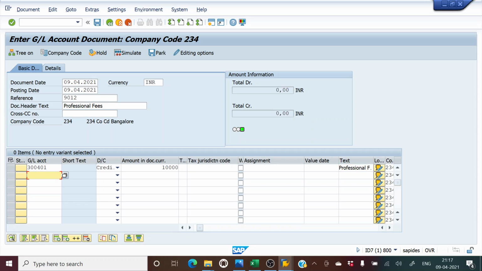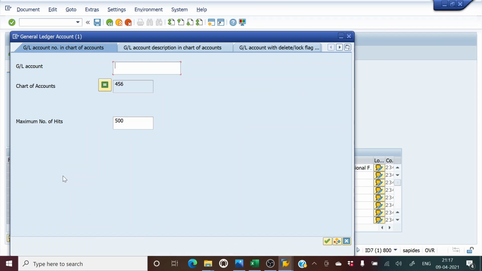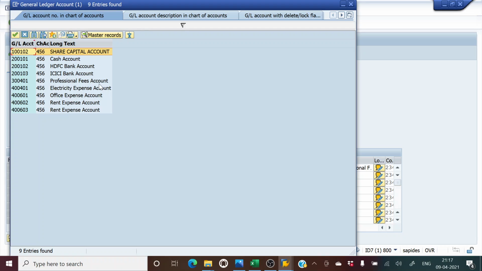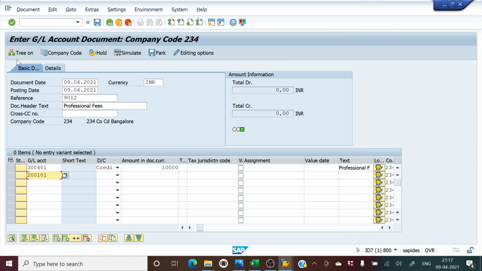Now you come back here and now you have to post the cash line item. So you again select cash, the general ledger has already been configured, 200101. All right, and so cash account debit because we are receiving cash. And here if you give a star, it will copy this 10,000. And similarly in text, if you give a plus sign, it will take the same text from the previous line. All right, so with this we will simulate and see how it looks before we post.